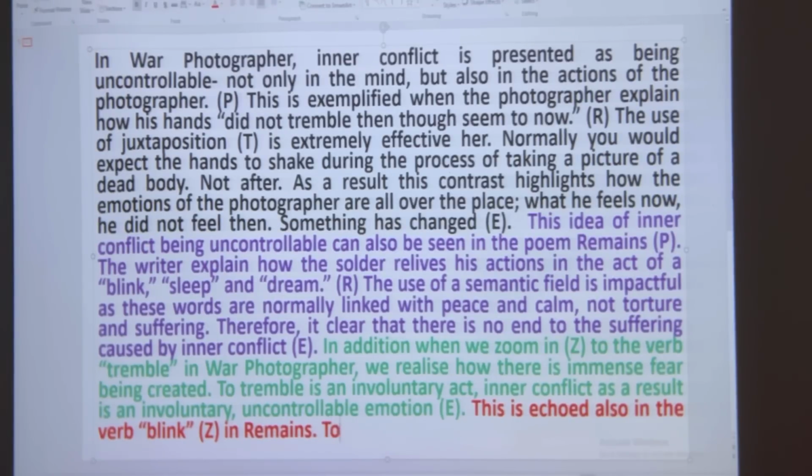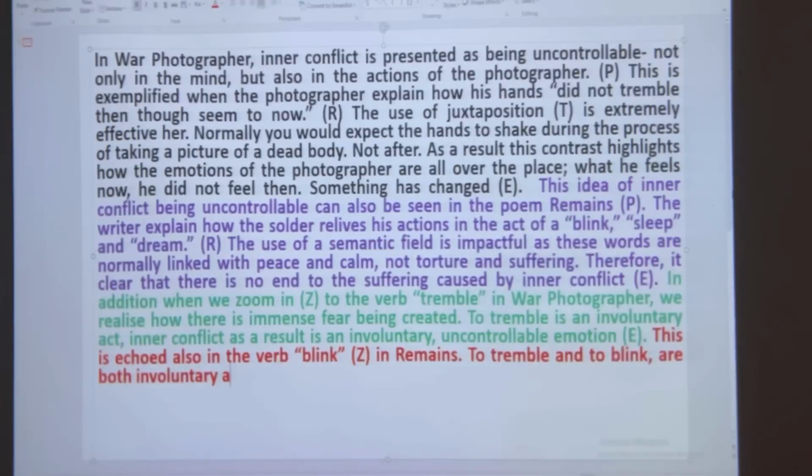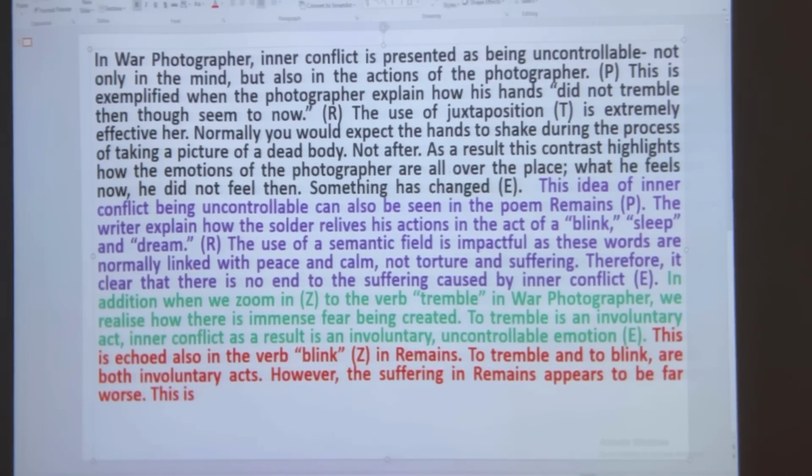To tremble and to blink are both involuntary acts. The suffering in Remains appears to be far worse. This is because